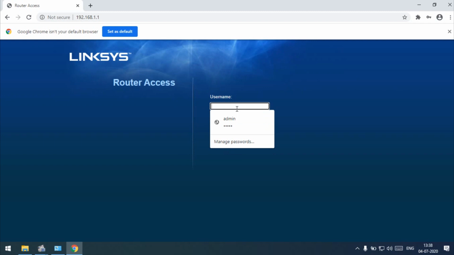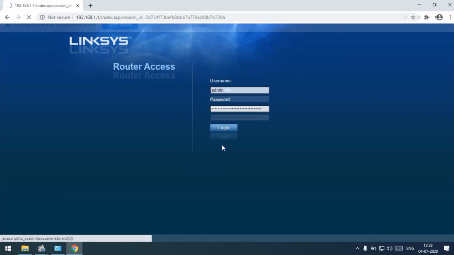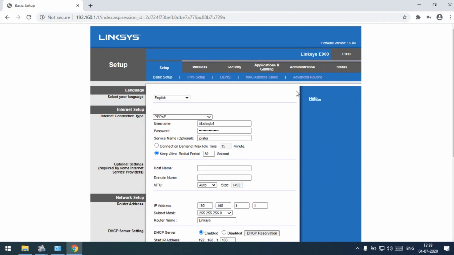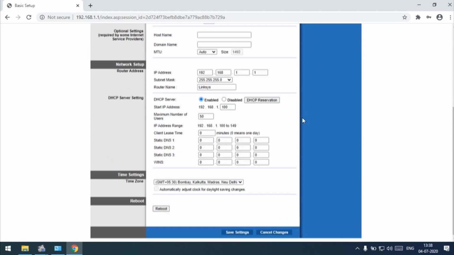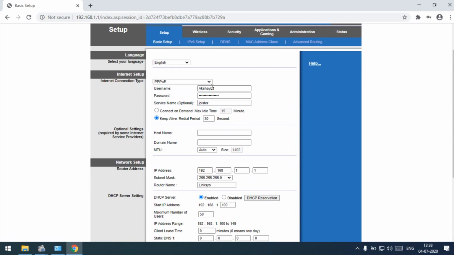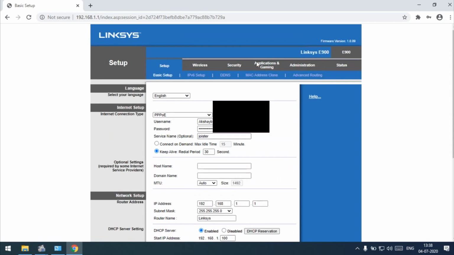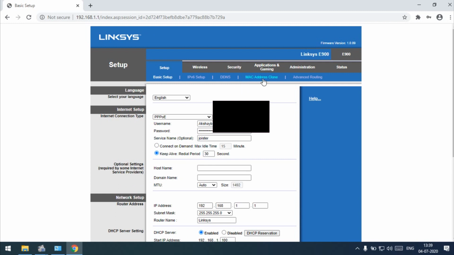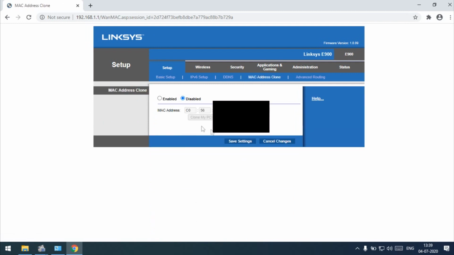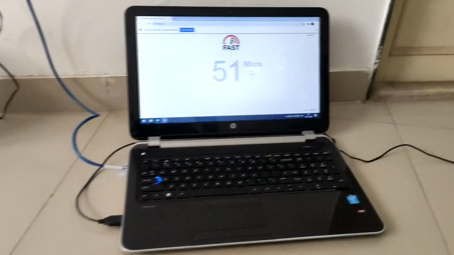our local Ethernet adapter. So right now, before anything happens, when you are connected to the internet using the router, you can log into the router. Here we can also find the username for the Point-to-Point Protocol over Ethernet connection. So here is the MAC address. You have to note it down and keep it safe somewhere, so in case of any problem, you can connect your laptop directly without the router. Thank you for watching.